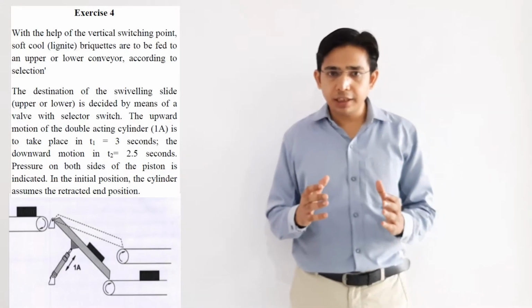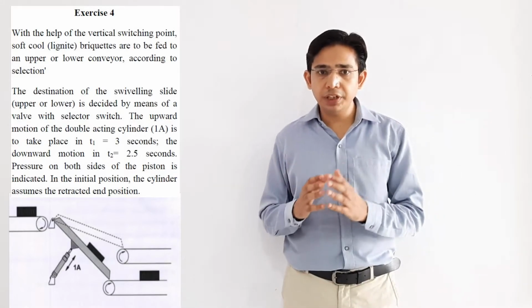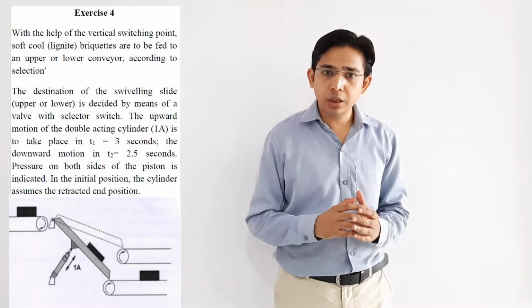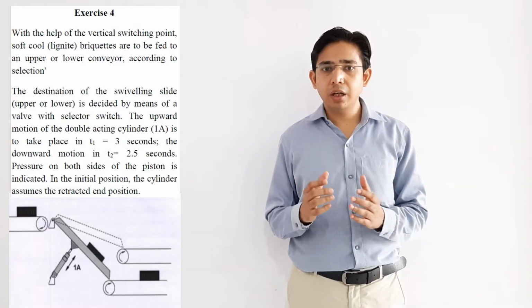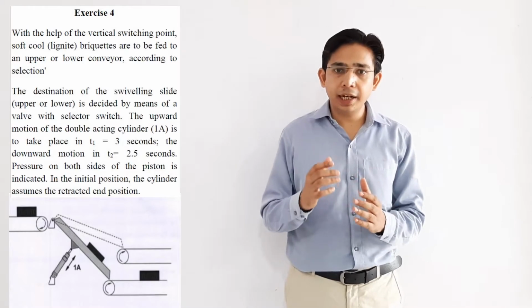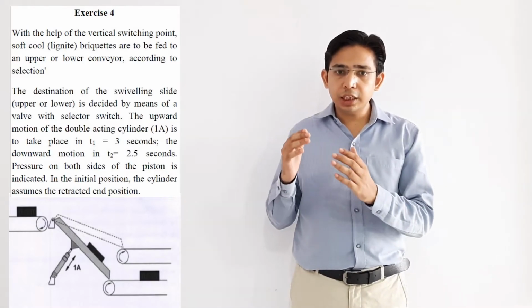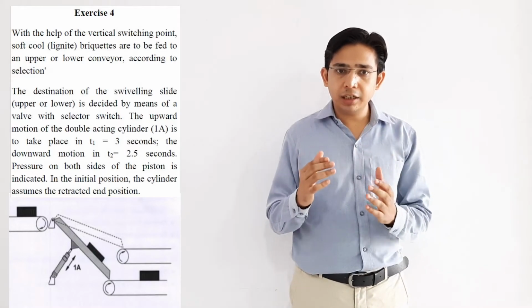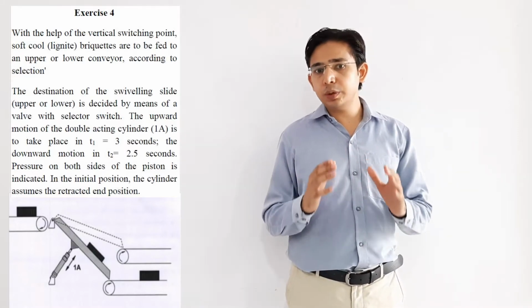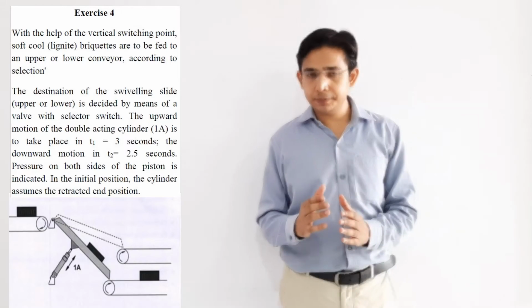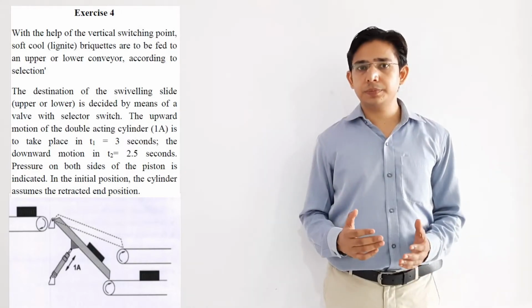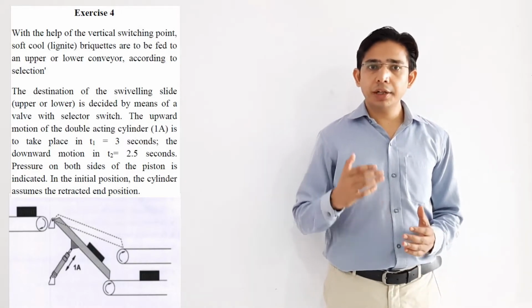As illustrated in the problem statement diagram, we need a double acting pneumatic cylinder to install with a conveyor which can push the slide and feed the blocks to the upper conveyor. The cylinder should remain in the extended end position unless the switch is deselected. After deselecting this switch, the cylinder should retract immediately with controlled speed.